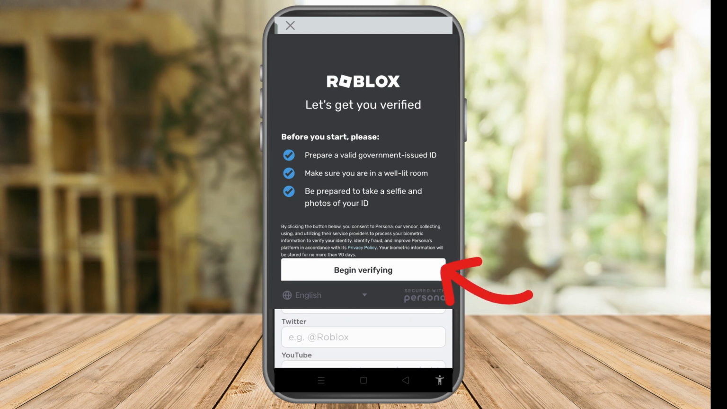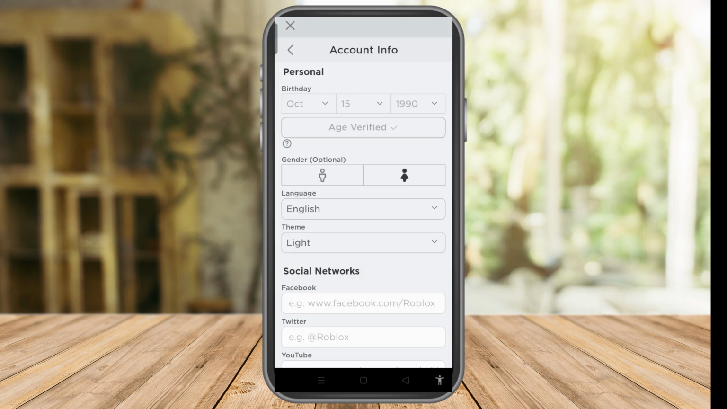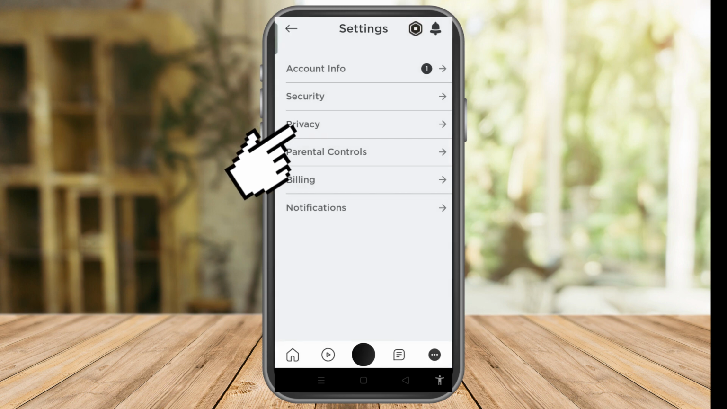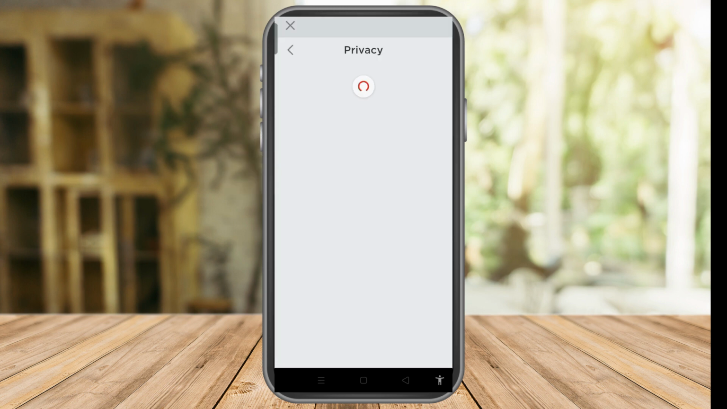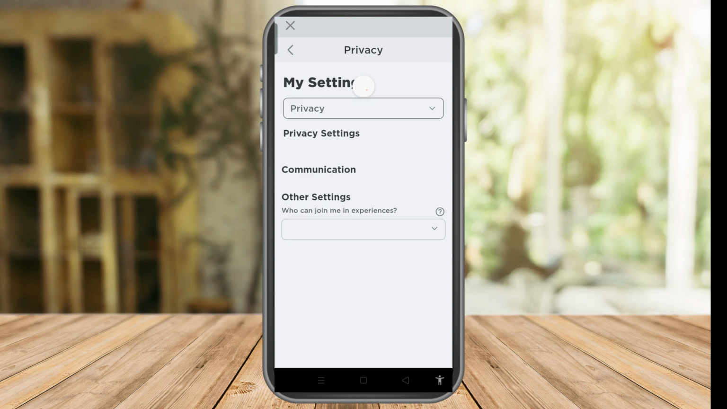So after doing all those instructions and verifications, you will see right here age verified. So that means they have accepted your ID and your information. So what you're going to do now is to simply go to your privacy, and then under privacy, you can see the options below. You just have to scroll down. Then you will see